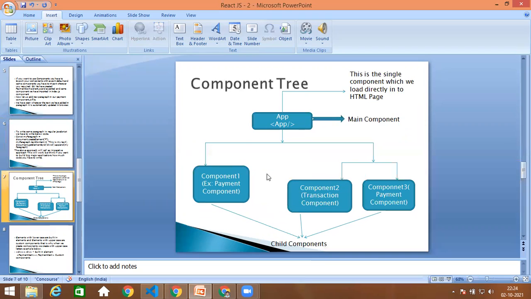So let us see the component tree, how exactly it is. We have an app component, as I was showing on the screen. The app component is the single component which we load directly into the HTML page. As React is a single page application, we have only a single HTML page, and it is tagged to the base app component.